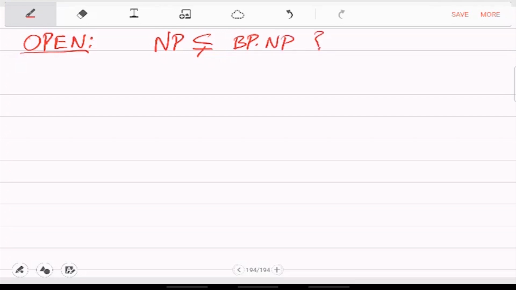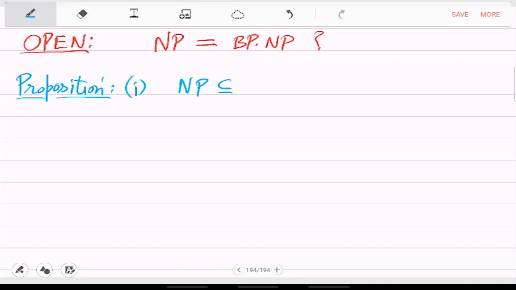NP is clearly contained in BP.NP because you can just ignore the random bits, random choices, but we don't know whether it's bigger or exactly equal. We conjecture them to be equal, but nobody knows for sure. Some easy properties now. So NP, as I just said, is a subset of BP.NP,